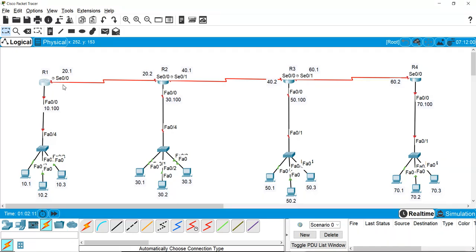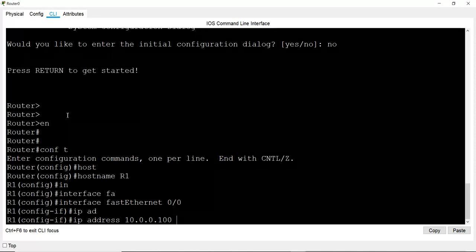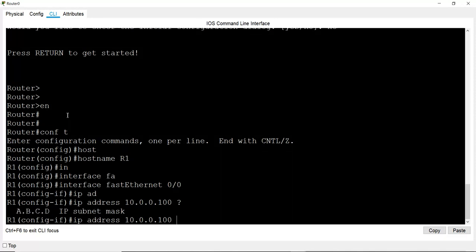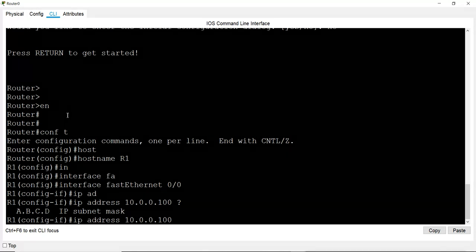First I'll go to the fast Ethernet port. The command is interface fastethernet, and the port number is 0/0, as I can see here. So 0/0 and enter. Now I am in the interface mode, which is config-if. Now I can go for the IP address. ip address is the command, followed by the IP address we want to configure. We have decided here that we are going to configure 10.0.0.100. I'll give that IP, and then I have to mention the subnet mask. If I put the question mark here, it says to mention the subnet mask. Because it is class A,